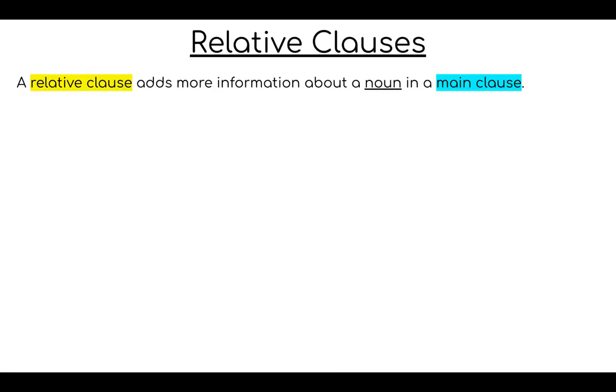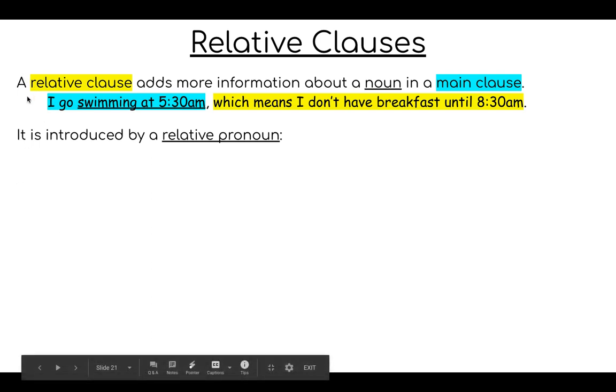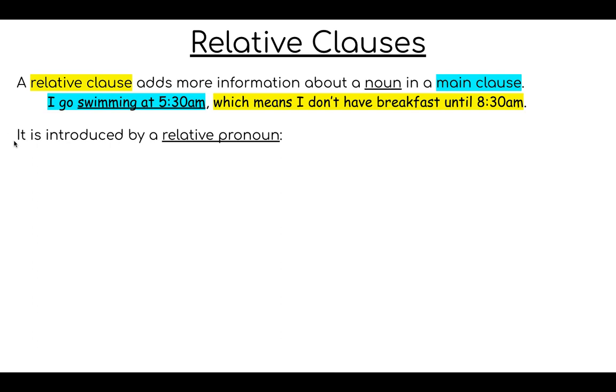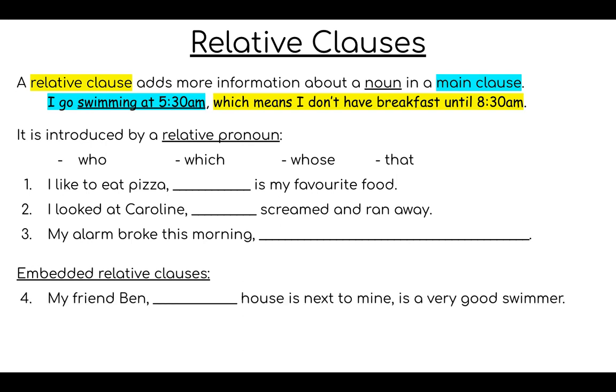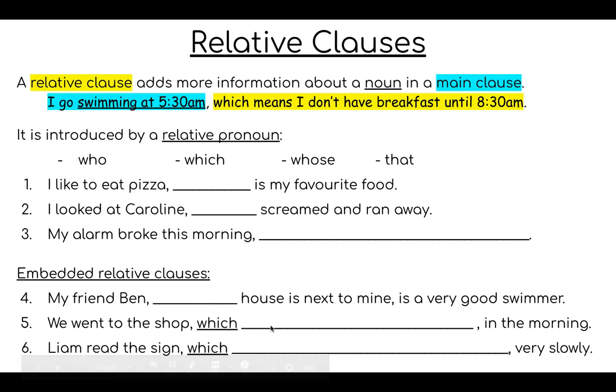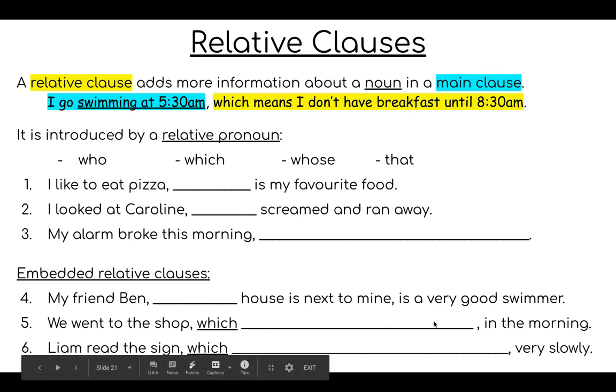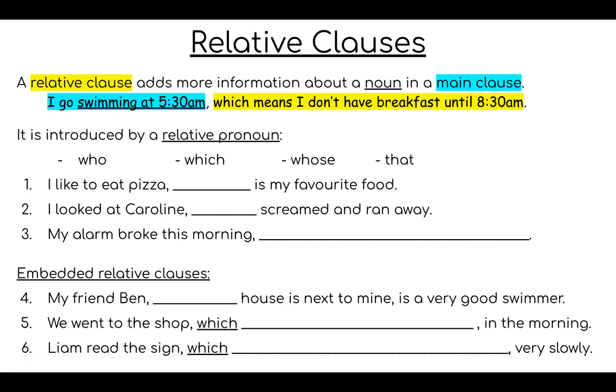Your exercise for today will look like this. So at the top of your Google Doc page, you will have the reminder of what a relative clause is, the first sentence, and the four pronouns that you need to remember to use. The first exercise will ask you to fill in the three sentences by putting in the correct relative pronoun. Then you will have to write 4 sentences of your own, one for each of the pronouns. The third exercise will look at the embedded relative clauses. So you will have 3 sentences that you need to complete. So you'll have to write in your own relative clause for it to make sense. And then the fourth exercise is for you to write 3 sentences of your own that include an embedded